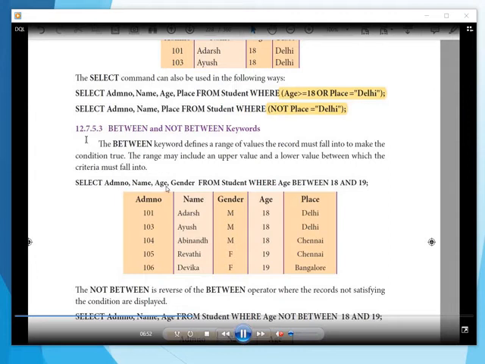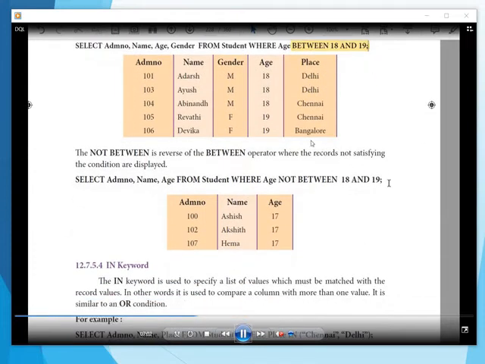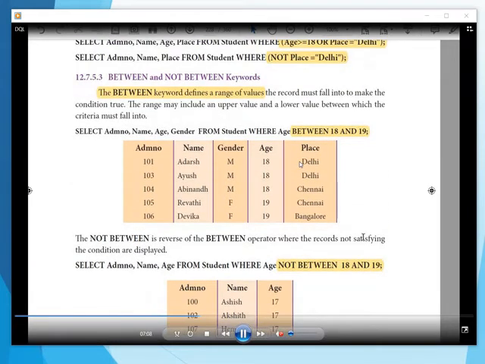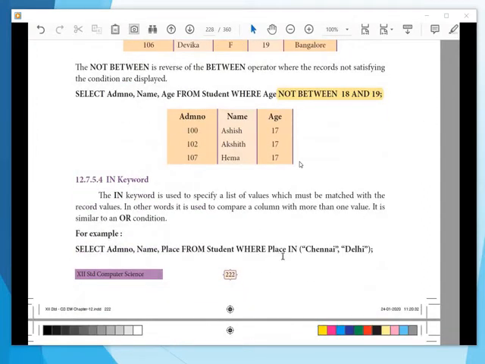Next keyword is between and not between. Between means the value is between 18 and 19, and not between means not between 18 and 19. So we can use this type of keyword along with the where clause. In means like an or condition, whether the place is in Chennai or in Delhi.